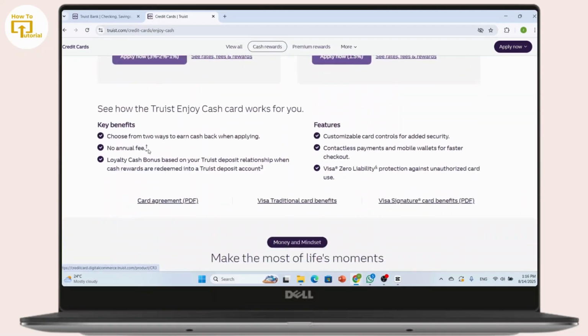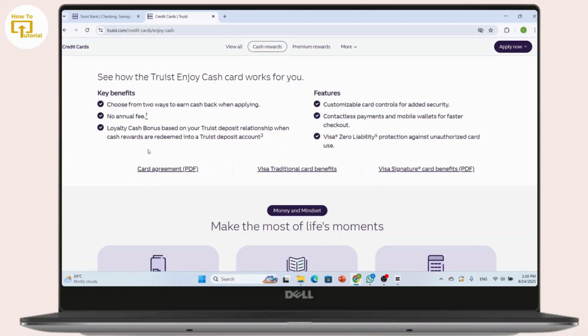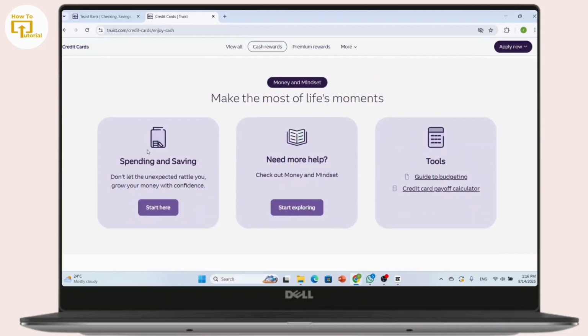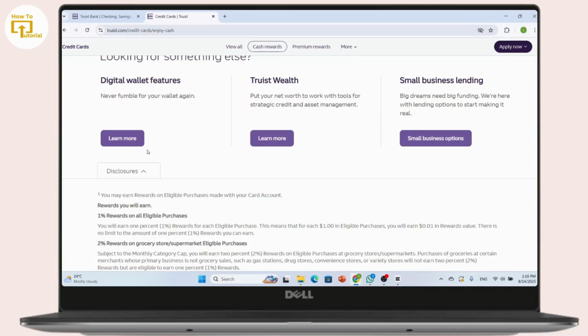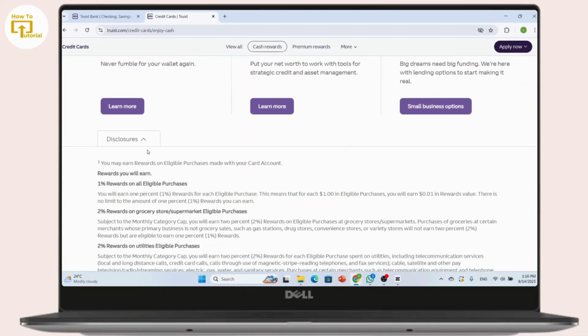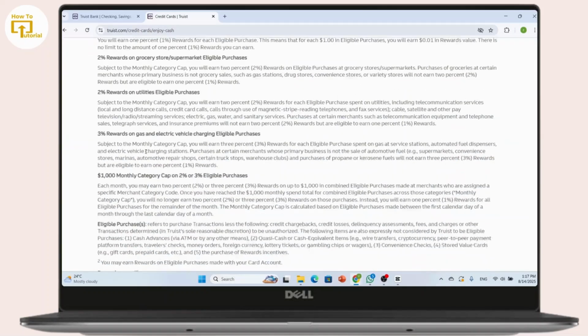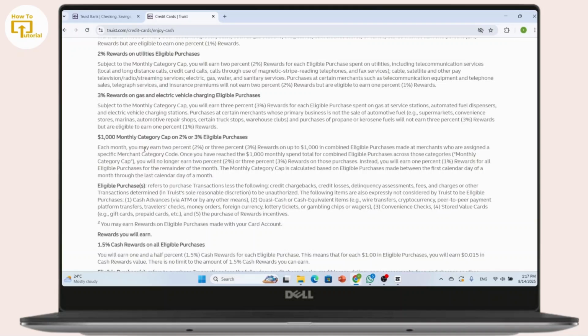And after that, you need to select paperless or communication preferences if offered. And with that, you need to review the card member agreement, e-signing notice, and credit check authorization. And once you're done with that, you need to confirm everything is accurate. And once you're done with it, you just have to click submit,